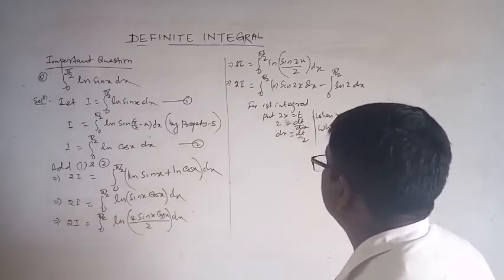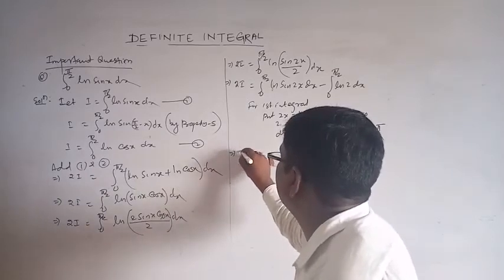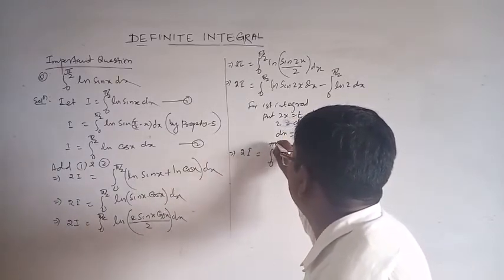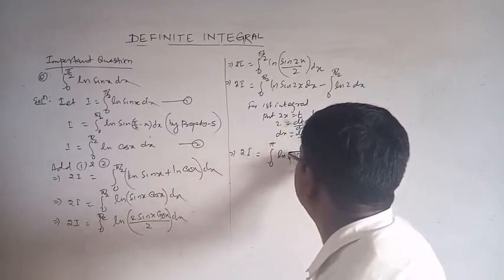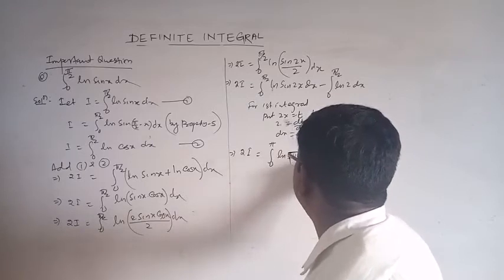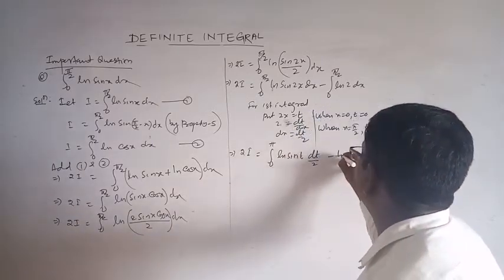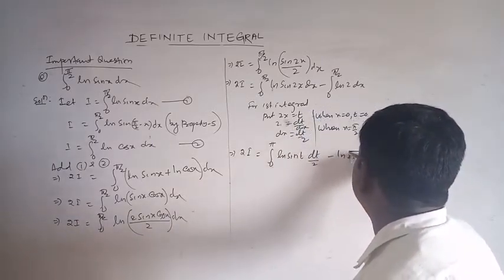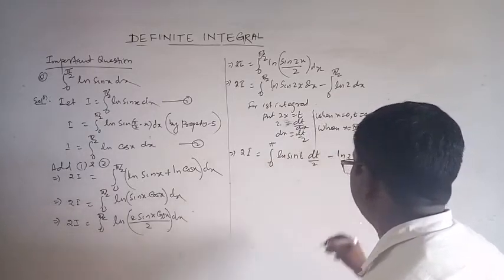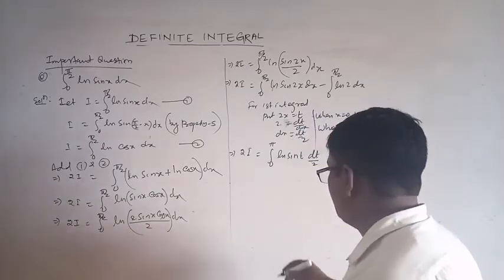Pi. So 2I, limit is what? 0 to pi, log sin t into dt by 2. Okay, and this is log 2 integration dx is equal to x. So this is equal to 0 to pi by 2. Okay, now this is 2I